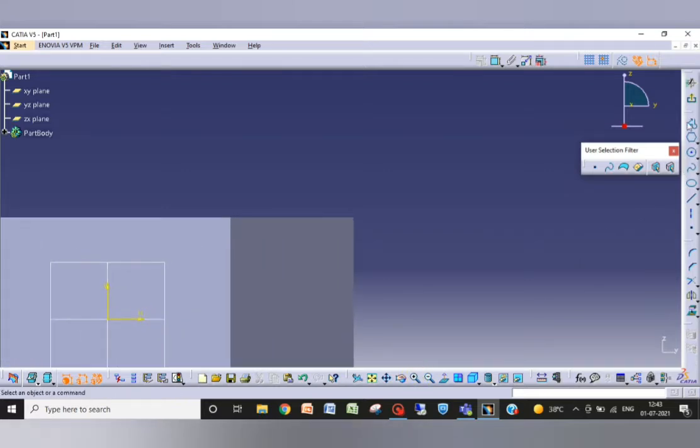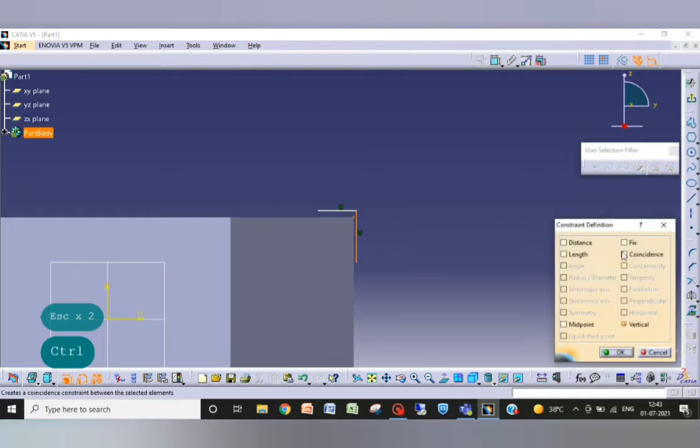Here, take the profile command like this. Make this point and this point coincide with each other.